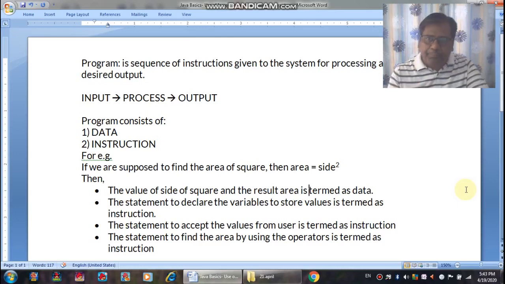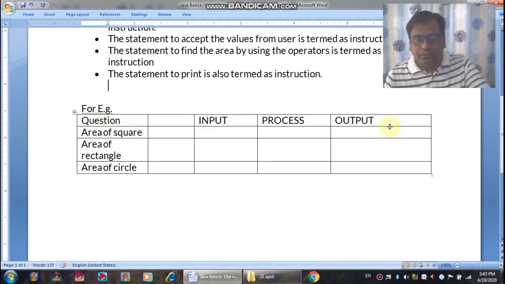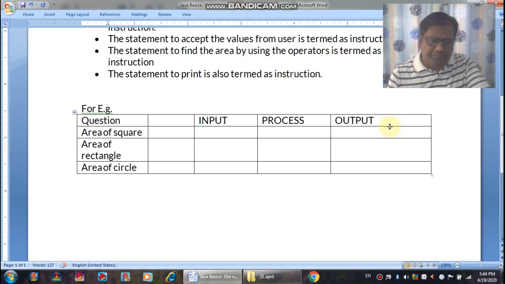That means any program must have data values and instructions, and there are 3 stages: input, process and output. Simple.